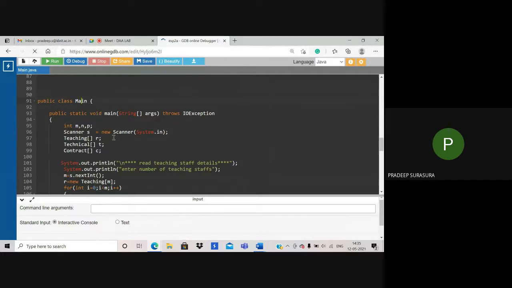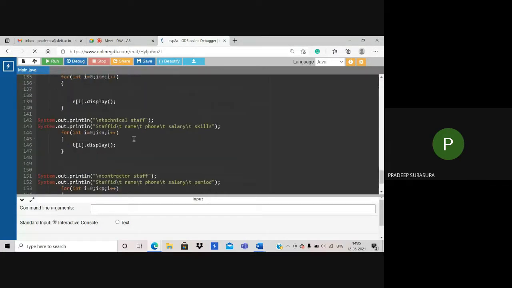If you're running the same thing in your Eclipse, there's no need to change; it will just be in the form of maybe StaffDemo or some other class. See that you run this particular file, and that will automatically be taken for you.